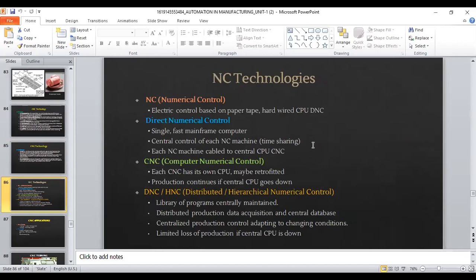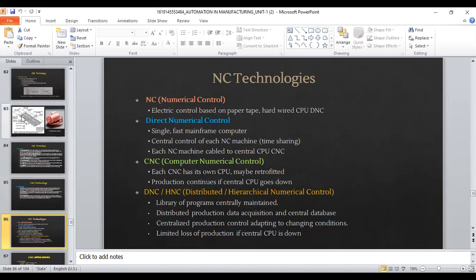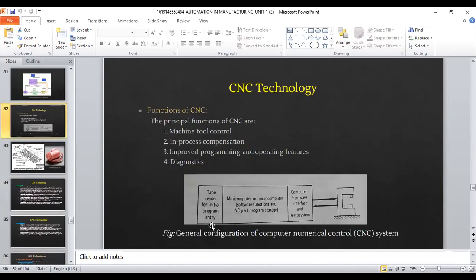Firstly, we had NC machines, numerical control machines, and then a dedicated computer. If you have to control that NC machine, you call it a CNC machine. Also, another difference between an NC and CNC is that in CNC, you require the tape reader only for initial program entry. After that, it will be stored as software. That part program that you have can be stored and retrieved for future uses. But for NC, every time you have to use that punch tape, right?